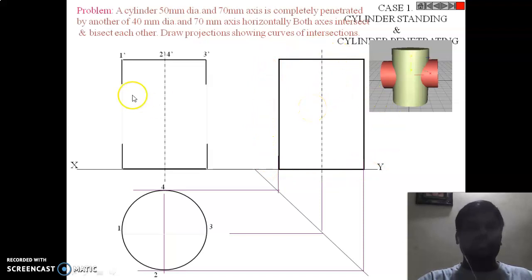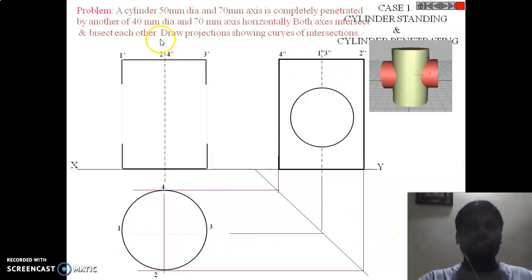That means the top view of the vertical cylinder is a circle, the true shape in the top, and from projecting from the top you'll be getting the front view, one more rectangle. In order to get the side view, we draw a 45-degree line and project the points onto this line, and project them, and we'll be getting this. Now the similar naming in the side view also is to be given. This is nothing but 4 dash, and these lines are nothing but 1, 3 and 2 dash.